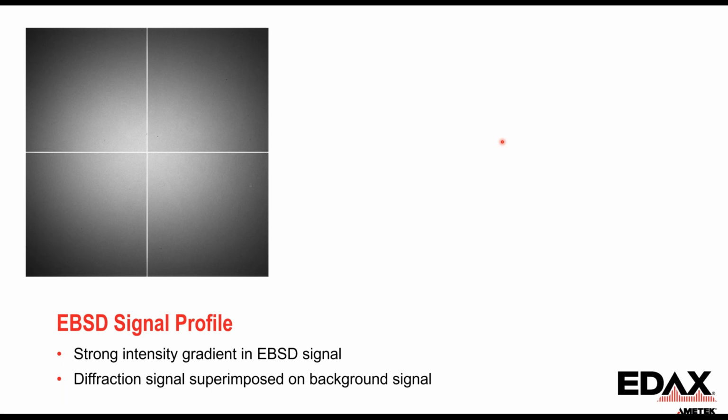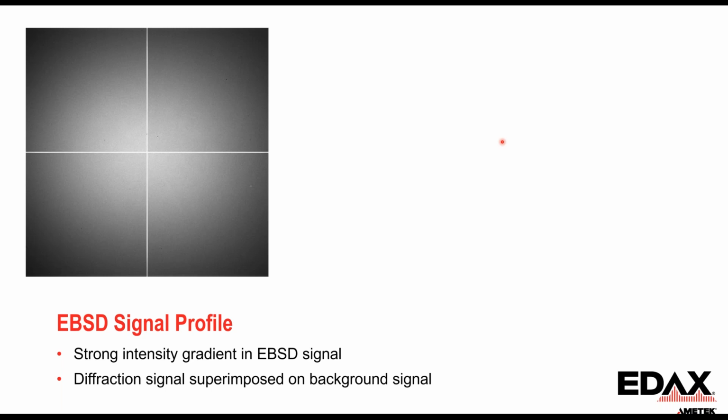And you can see the detector is what we call a quad detector. There's 4 different chips that are used together simultaneously. And when we're looking at it with no correction, we see that seam in there where we're joining those together. And you'll see that the intensity gradient on the EBSD detector is not uniform. It's bright towards the center, and then it decays as you go out towards the sides and then towards the corners. So you can see it's sort of a radial type of an intensity distribution. And so that will just have some implications when we think about what's the signal level we need to analyze